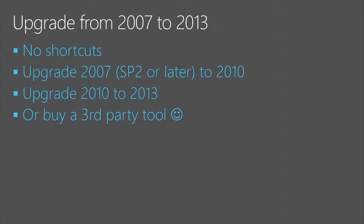Now, we keep moving site settings, though, right? From left to right. Left, right, left, right. So if you skip 13, you don't have to deal with it moving to the right. I only install the odd-numbered SharePoints so that I get site settings on the left. Is anybody else annoyed by the constant...